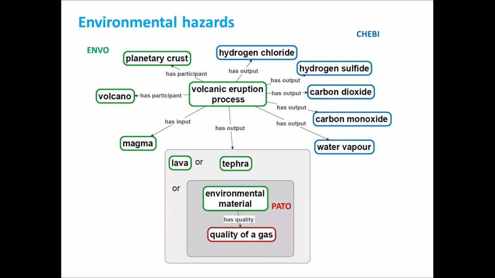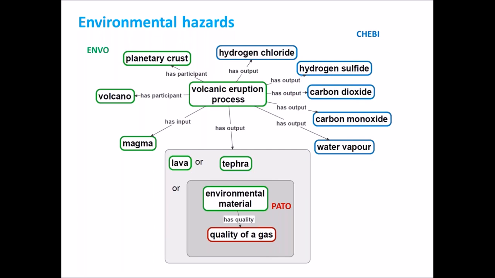So in order to support that work, we've created several classes, and here we have an example of one. Now, as you see, there are terms here, there are words here, but those words are incidental, they're just labels. You can substitute them with other languages or other descriptions if you wish, but the important thing is the relations that they have to one another. So again, if there's a volcano erupting, using classes from an ontology called ChEBI, which deals with chemical entities, we know what the outputs of that thing are. And those classes connect onwards into a very large and involved web of knowledge about chemicals. The same is true on the ENVO side.